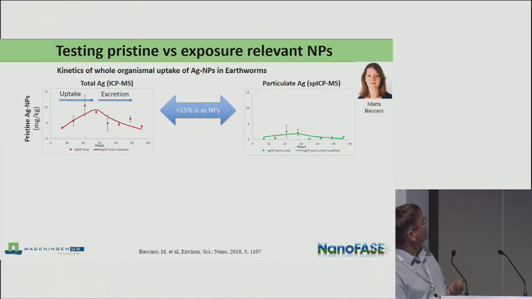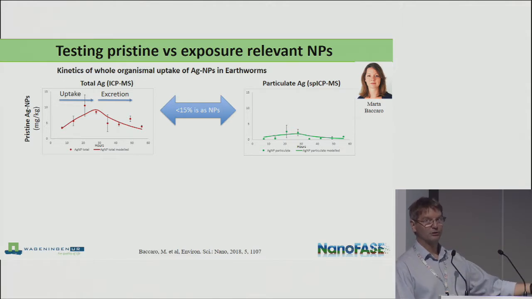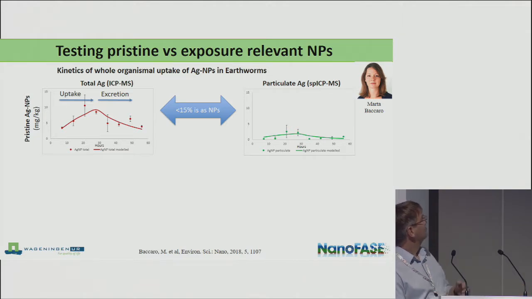Now, we also have to worry about testing the pristine versus the exposure-relevant nanomaterials. So when silver goes through its sewage works, it'll turn into silver sulfide. I'll have those slides at the end, behind the end, if anybody wants to see them. But basically, we do uptake experiments where you first have the worms, again earthworms, in soil that has silver in it for 24 hours, and then we take them out and put them in clean soil